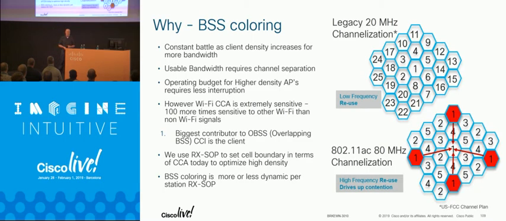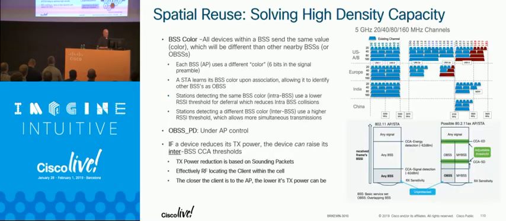Overlapping BSSs have been with us since 802.11n, and they've been challenging since 802.11n. So solving high density problems where it used to cost me equipment now probably can be done logically, and this is one that both the client and the AP need to participate in, and this is actually the most interesting aspect of AX to me right now, and how that's going to work in a mixed environment.